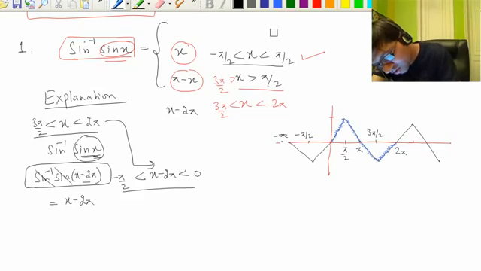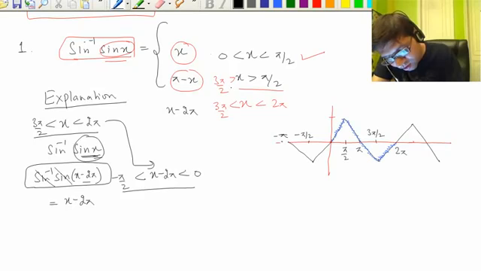Now we have the complete definition of sin inverse sin x, or even we can start from 0 here. So it's between 0 and 2 pi. Between 0 to pi by 2 the definition is x. From pi by 2 to 3 pi by 2 it is pi minus x, and from 3 pi by 2 to 2 pi, if you draw the graph, see the blue part. This is the graph. 0 to pi by 2 definition is x. Pi by 2 to 3 pi by 2 definition is pi minus x. 3 pi by 2 to 2 pi definition is x minus 2 pi. And it's a periodic function with period 2 pi, a triangular shape graph.